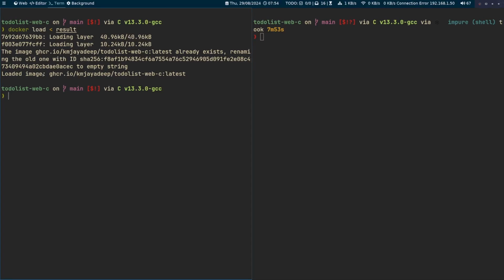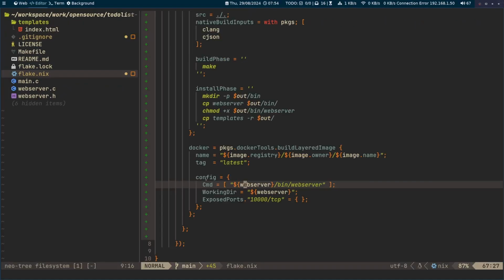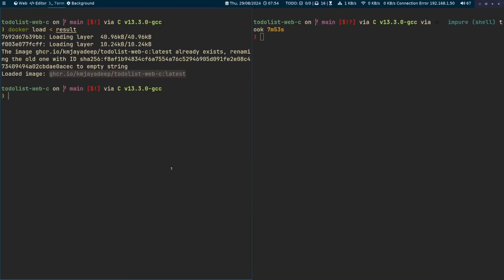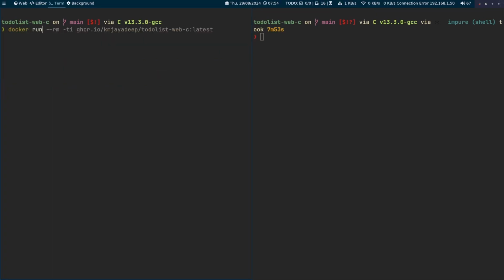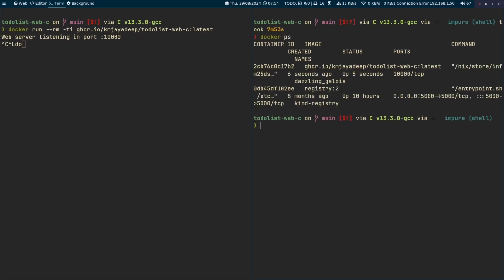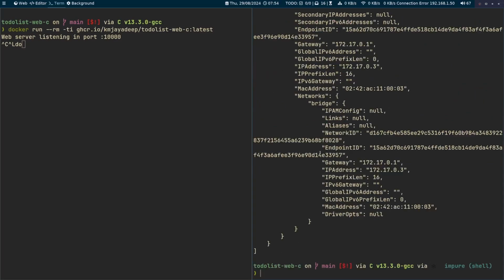Okay, so it has loaded this image with this name because we provided the name here. Okay, and then we can test it. Docker run. I'm gonna do this. So okay, it's working. If I do a docker ps, I can see that it's running, and if I inspect it, I can